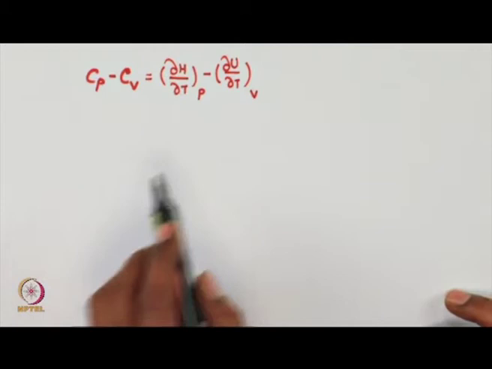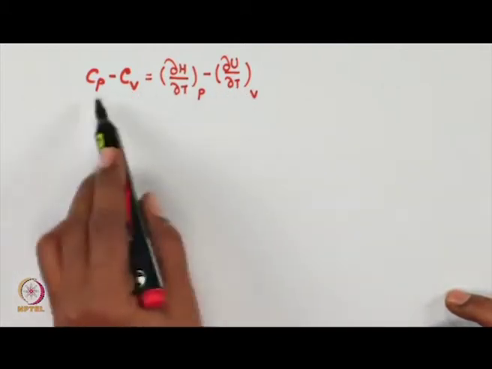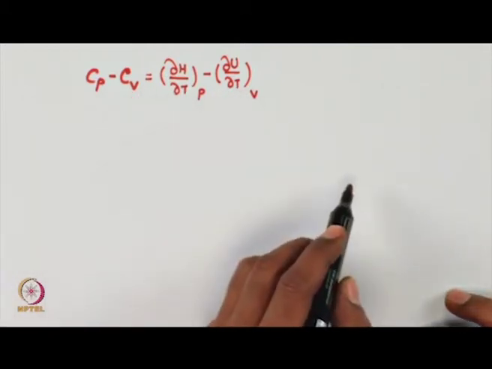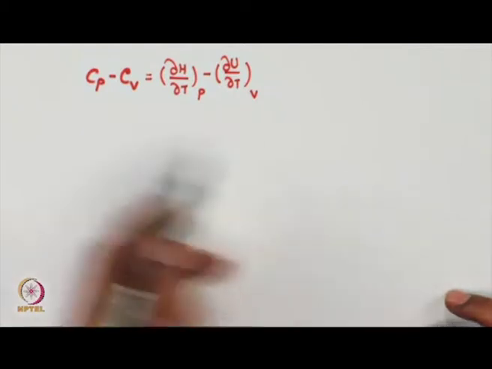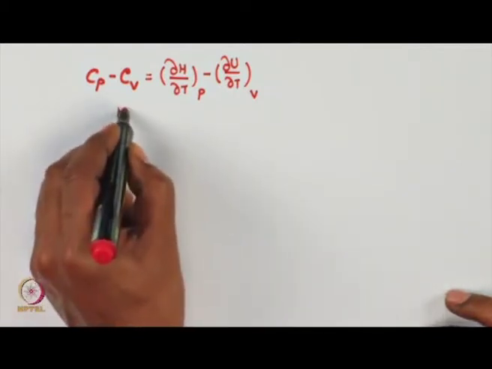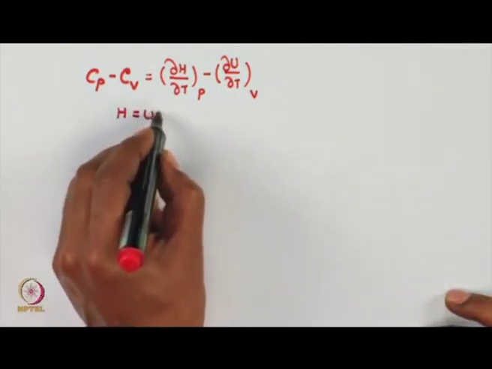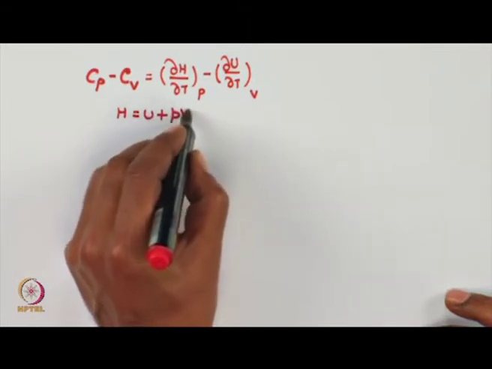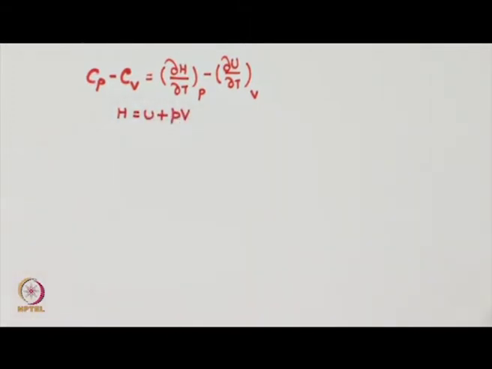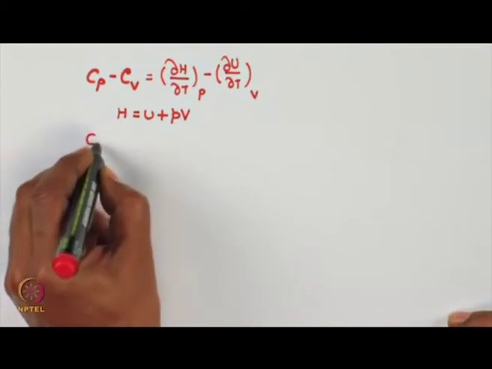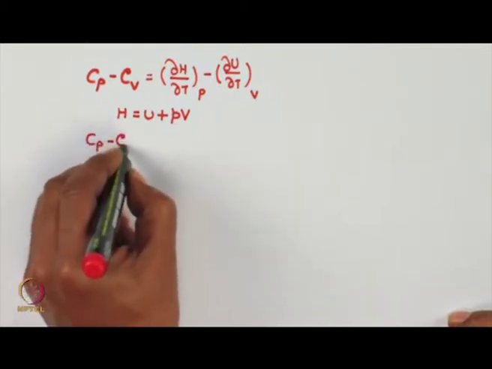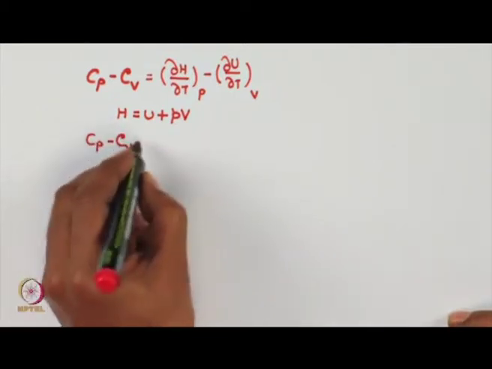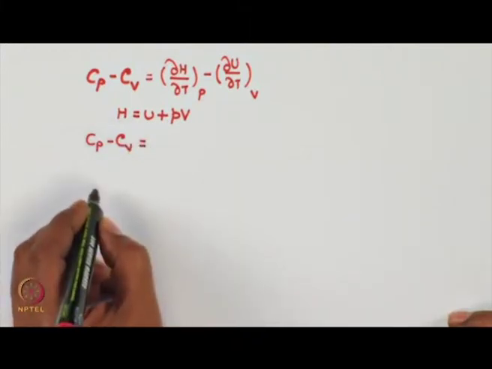Here I have substituted the exact definitions of Cp and Cv. Now you know that H is equal to U plus PV. So Cp minus Cv gets modified to,